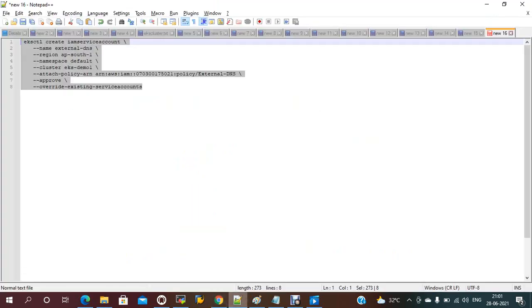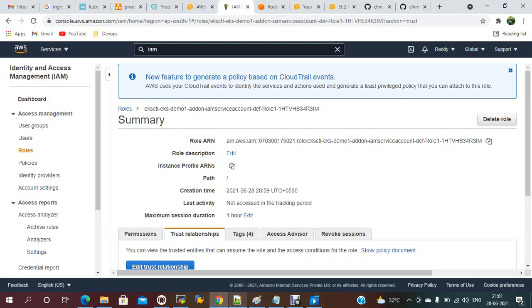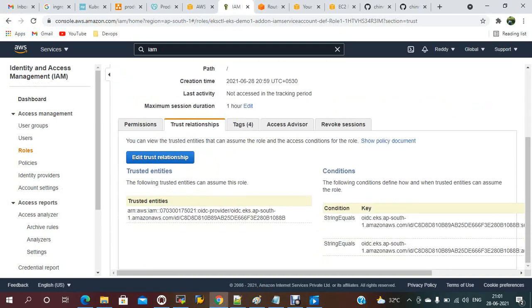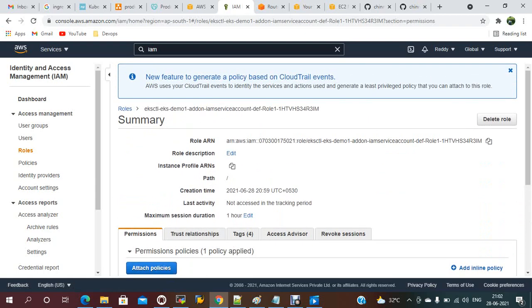Meanwhile, let me update it with my ingress file name. Let me copy this name. This is the secret, it should be created. This ARN name I have copied.